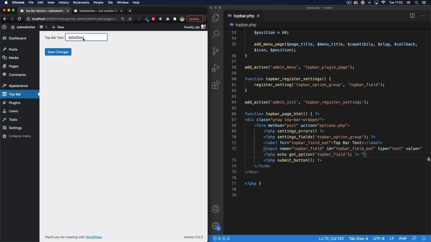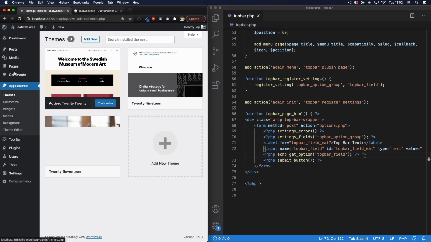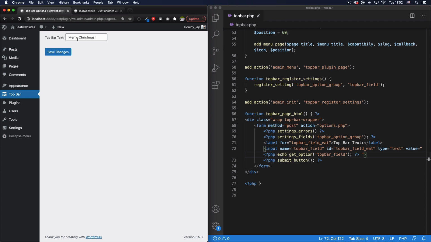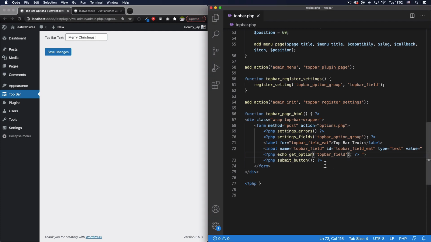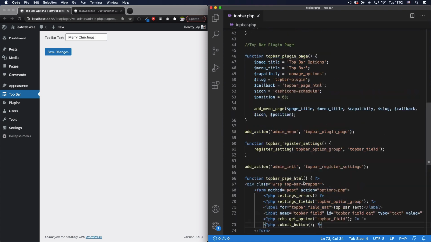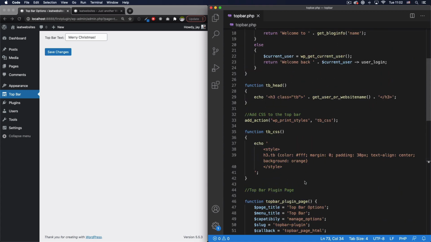All right, so let's go ahead and add something else. Yep, I want Merry Christmas. Let's save that. We have Merry Christmas. Let's test it again, making sure that it's saving and it's staying there. Yep. So that means that this is already saved in our database and it's coming from the database using the get option function, okay? So what I'm gonna do now is go all the way up here to our first